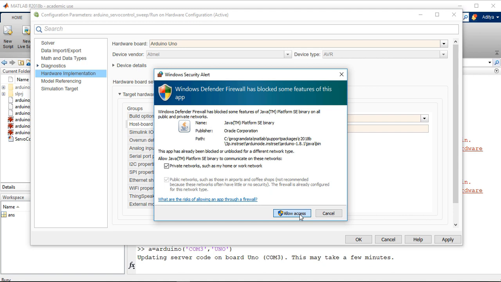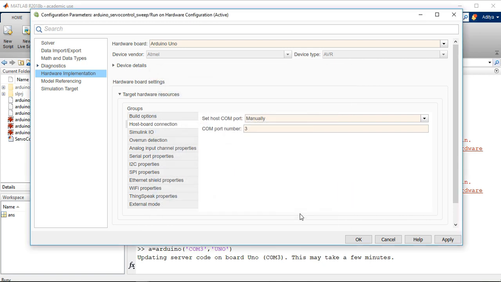Once the server code is being uploaded, it asked me for security, so I'll just click on allow for now. You might be required to do that as well, because many times the firewall stops updating the external hardware. Once you're done with updating the server code, I'll simply apply this configuration parameters in Simulink.